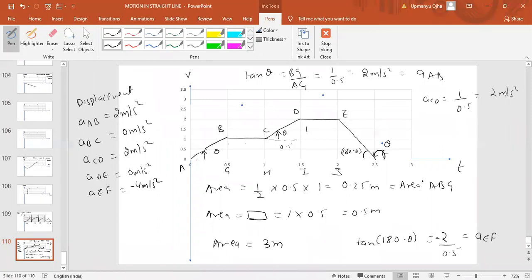Okay. Displacement is the area under this graph. So if you draw this graph, the area under the graph will represent the displacement of the particle here. Fine. So I hope you understand this. Velocity is given in the graph itself, na? Means velocity at 0 second is 0. Velocity at 0.5 second is 1 meter per second. So from graph itself we can read the velocity there. Correct na? Is that correct or not?